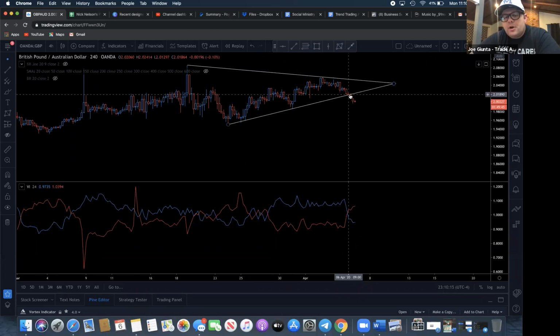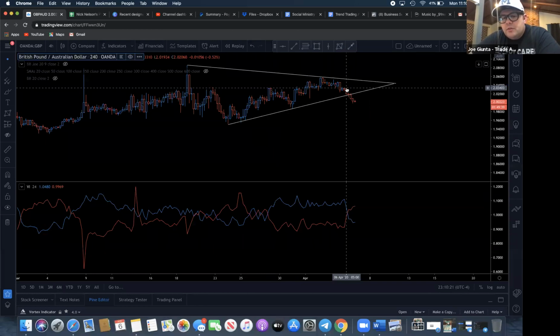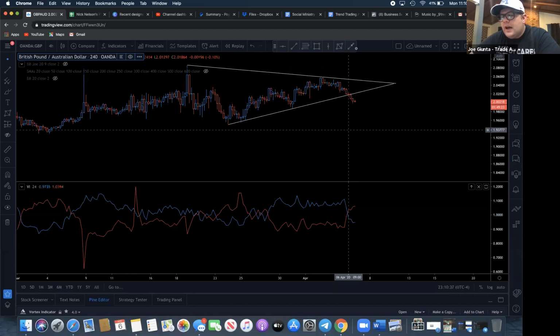So watch this. We just saw that we broke a wedge. Look at my dotted line, guys. Right here, we approached our wedge. How do we know if we're going to break our wedge? Look at that crossover. That shows us that bull pressure just became stronger. So right there, it's kissing each other. We don't get in because we don't have confirmation. We didn't have a breakout yet, right? We always wait for the breakout.